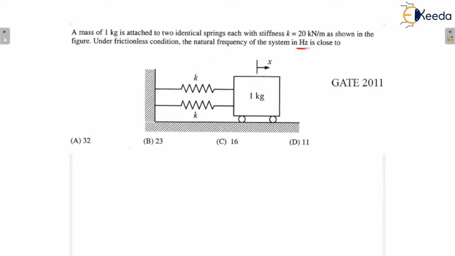But here you can see there are two springs given. That means there will be an equivalent stiffness of the system. So first we have to check whether it is in parallel connection or series connection. When you move this block, there will be extension, but the extension would be equal in both the springs, and there will be a compression if the block is moving to the left. So that's why you can see that there is a parallel connection between both the springs, because deflections are same.